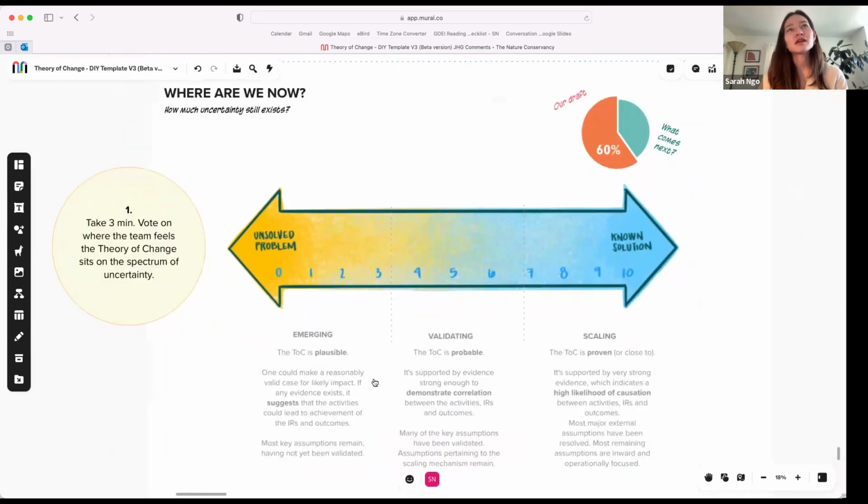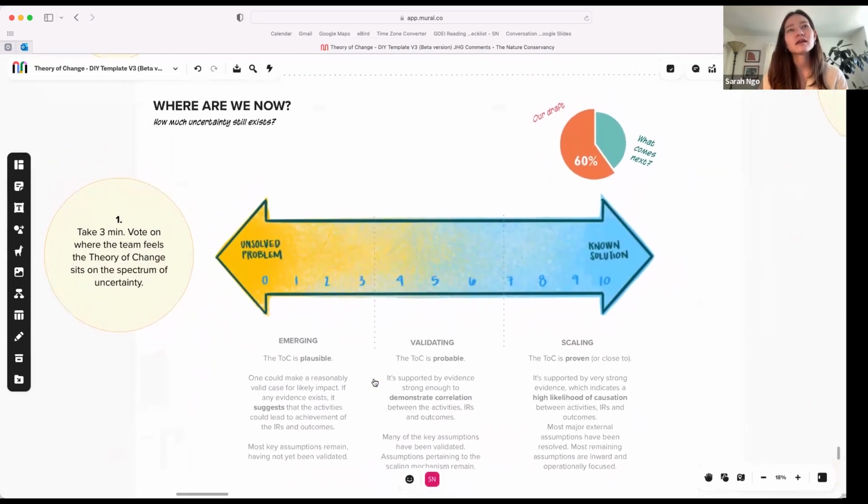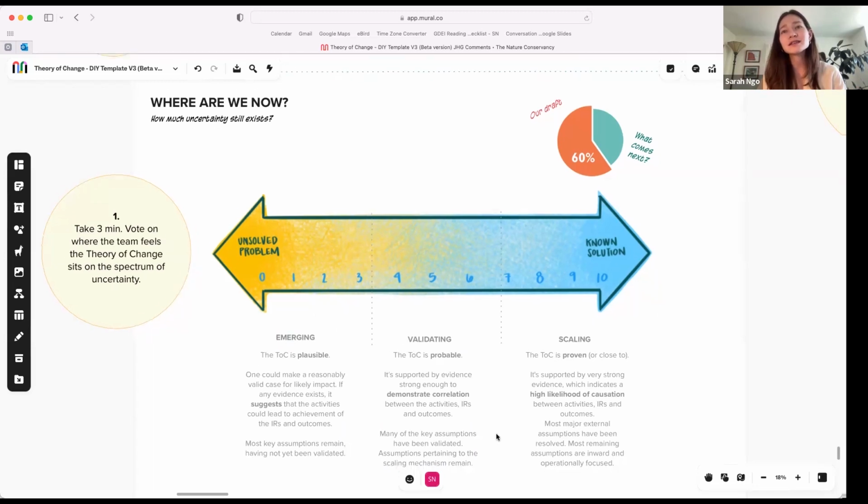This exercise is maybe more on the optional side, but more and more at TNC, teams are starting to think about programs from a portfolio management standpoint, in terms of different stages of maturity: emerging projects being more on the exploratory phase with a lot of assumptions that have yet to be validated, a validating ToC